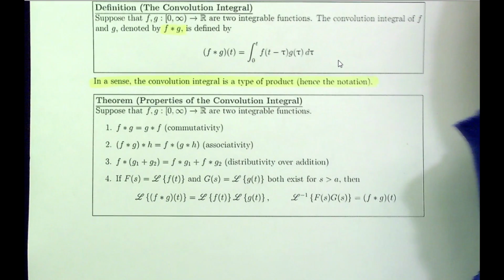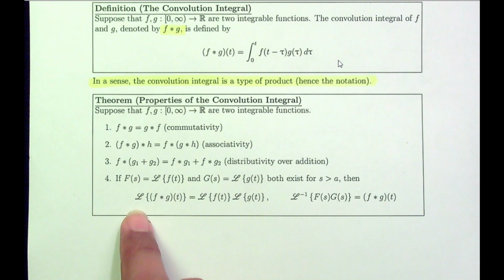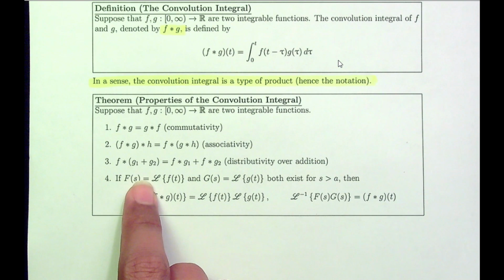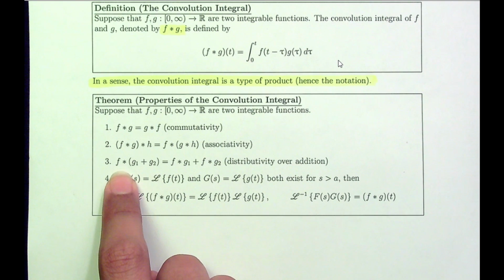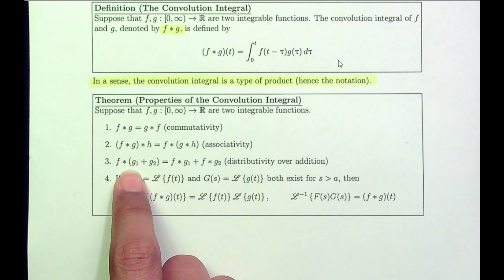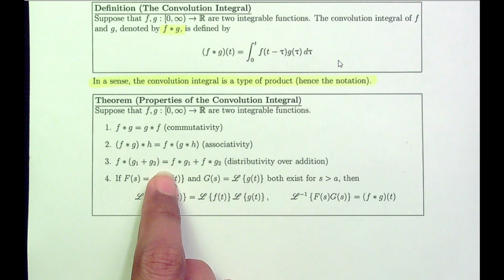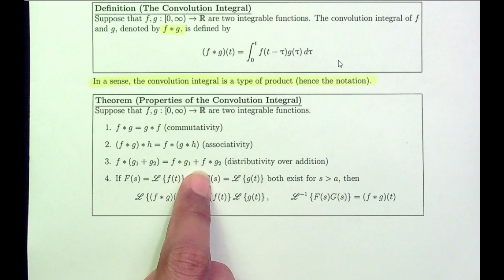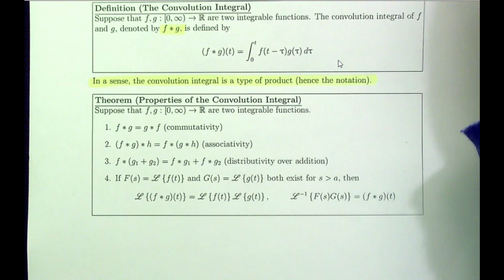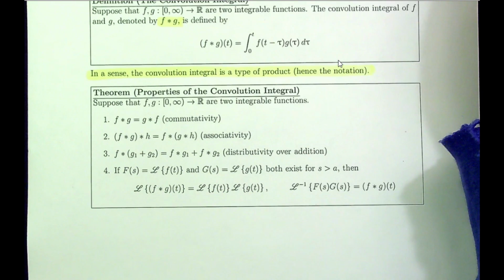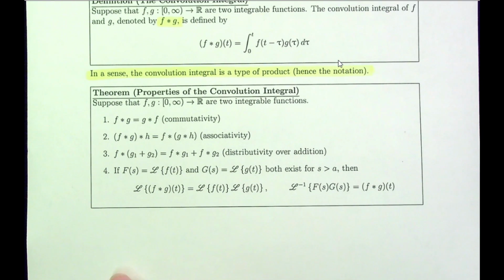You can also distribute over additions, over sums. So f convolved with g1 plus g2 would be the same as f convolved with g1 plus f convolved with g2. And lastly, and this is the main property, would be that